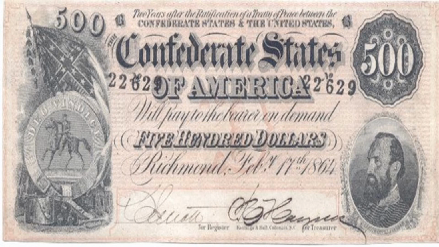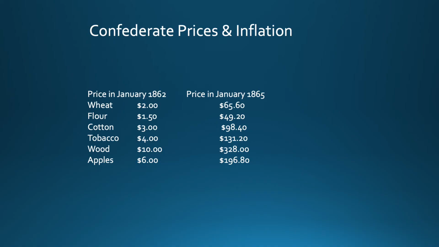Here, by the way, is a look at a Confederate bill. This is a $500 Confederate bill. And again, they try to basically replace the dollars with these down in the South. And then here's a look so you can see this, prices and inflation. Again, something like wood going for $10 now by 1865, $300. So you can see just how drastic